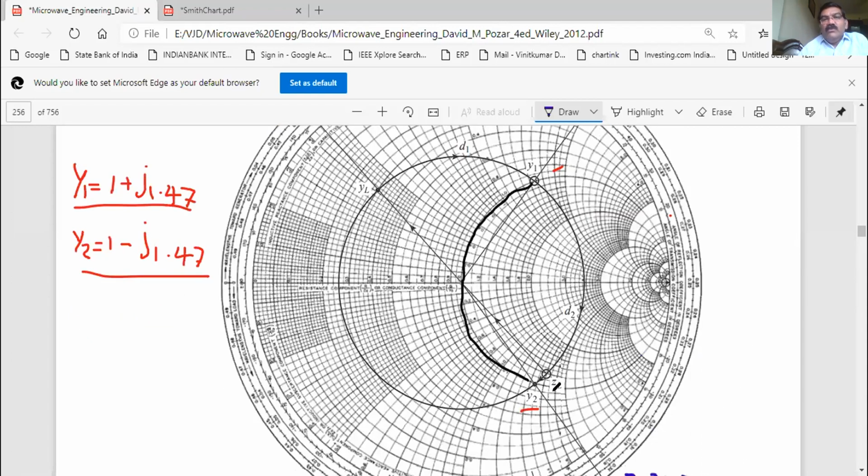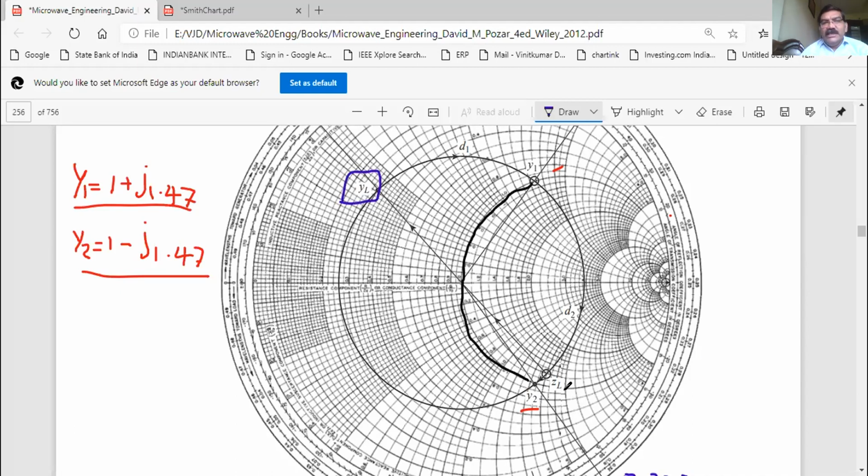So this is ZL, whatever the ZL is given in the problem, that we normalize. So we got ZL equals 1.2 minus j1.6, that we plot here. This is ZL. As this is the shunt stub, and not required in the series stub, only in the shunt stub. As the problem is for the shunt stub, we know that in the shunt we have to do the calculation in terms of YL. So ZL will not be the reference; now your reference will always be YL.